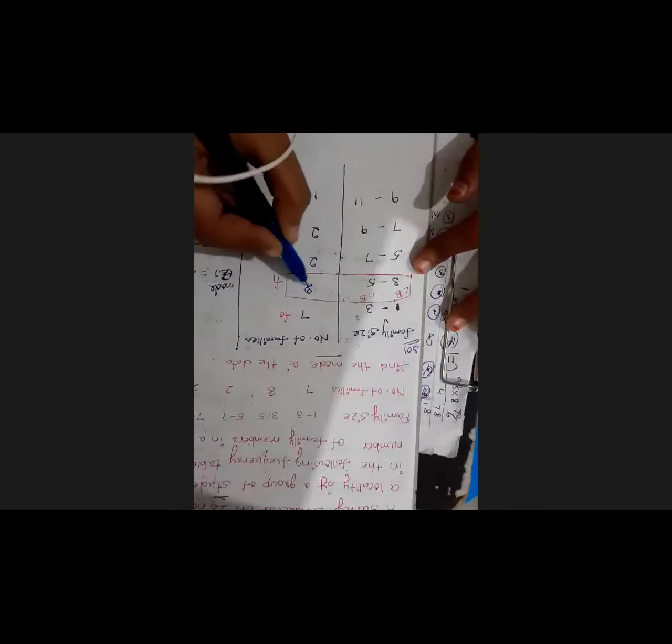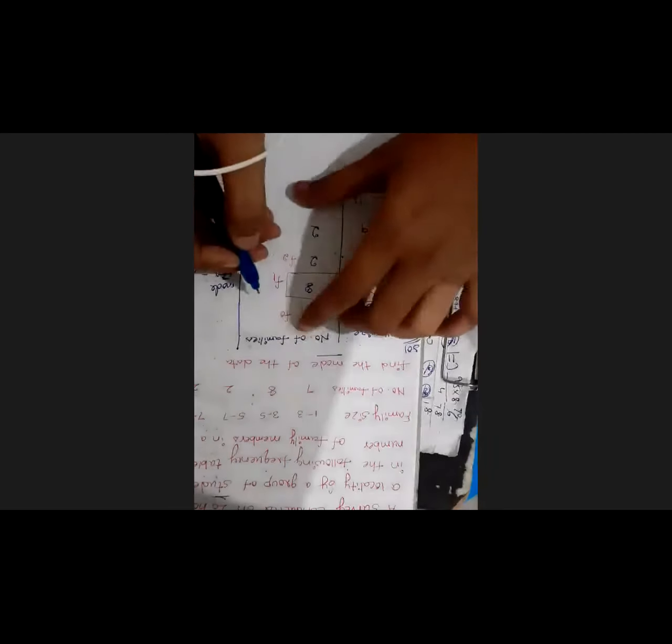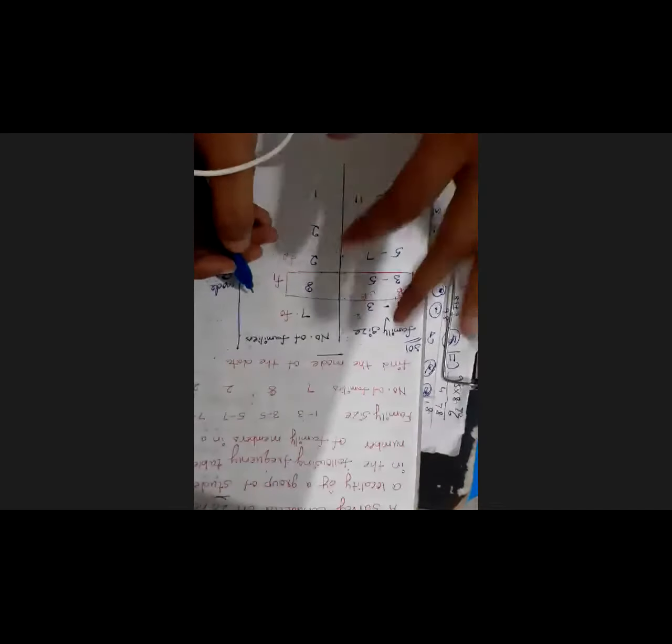So we have to check here. First we have to find the mode. Mode means the most frequent number we have to check. Most frequent means here 8 is the highest number in this table, so it is the mode for us. So we represent that as F1. The class representing the mode, for that only you have to take the lower boundary. Here, what is the lower boundary?